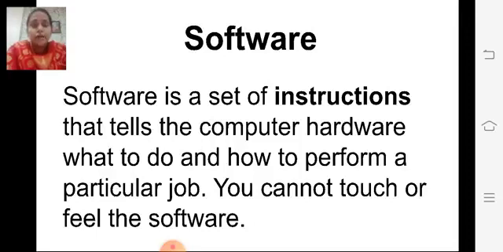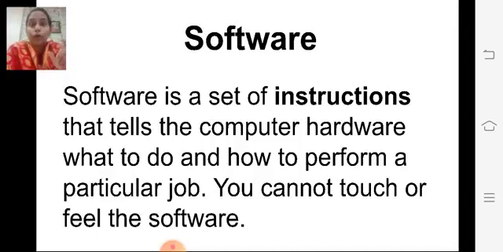Software is a set of instructions that tells the computer hardware what to do and how to perform a particular job. You cannot touch or feel the software. Now children, I will explain what the software is. It is a set of instructions.